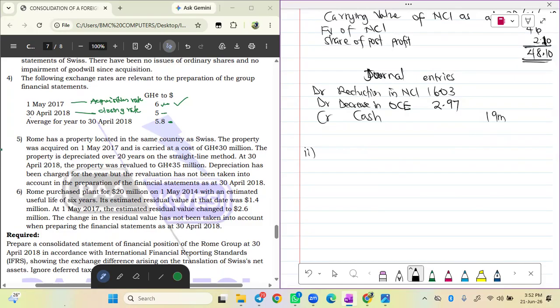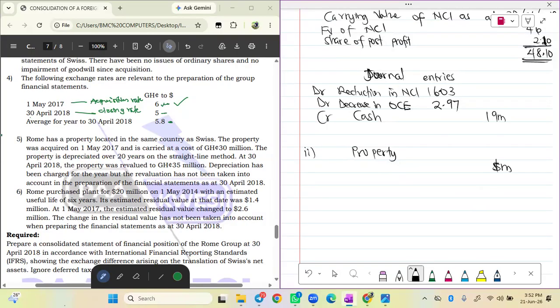6. The parent purchased what? Plant, and also they purchased a particular property. So let's do the property first, right? Property. And that one, you know, it will be affecting what? PPE. So if there is a gain or anything. So let's read illustration 5. They said that